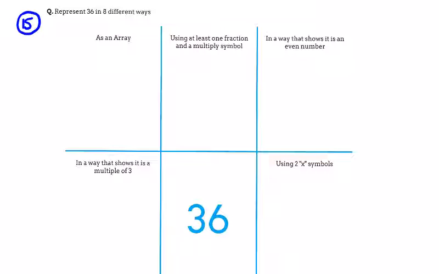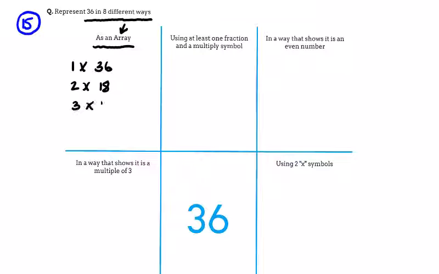This is the Junior Cert Assessment number 15. We're asked to represent the number 36 in 8 different ways. I have to admit, as an array, I haven't seen this word used before in the Junior Cert Maths book, but an array is the factors, like an array 1 by 36, 2 by 18,